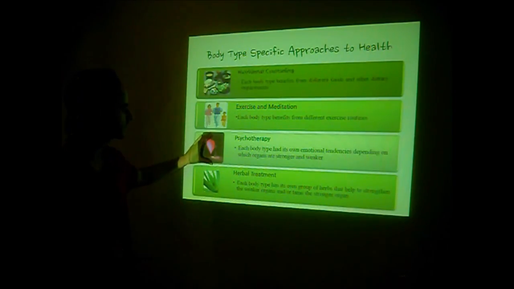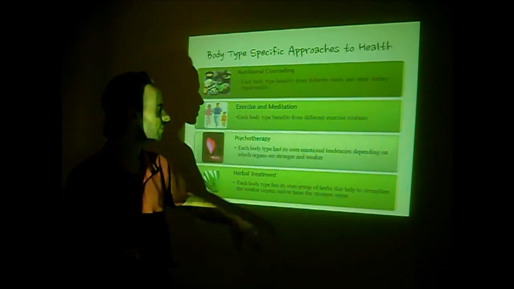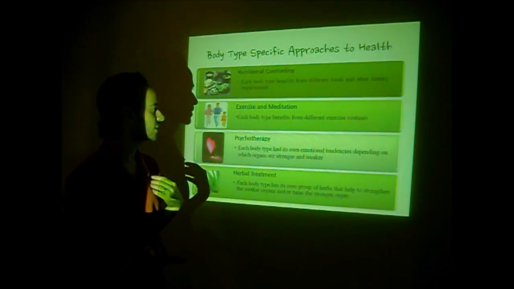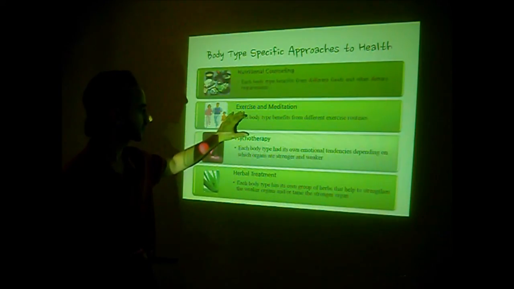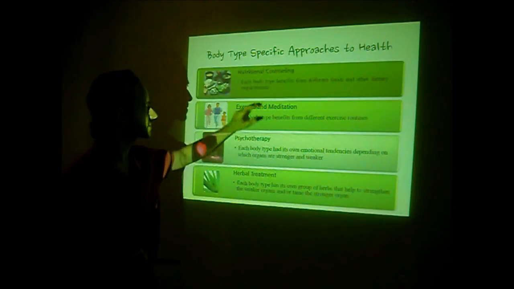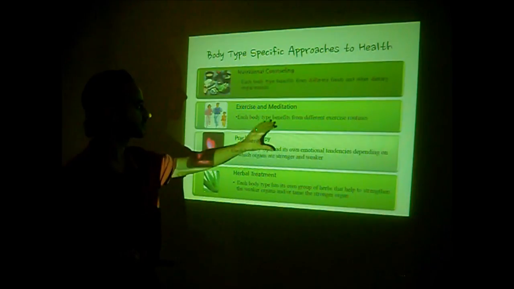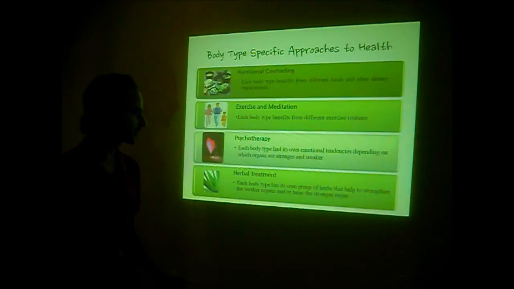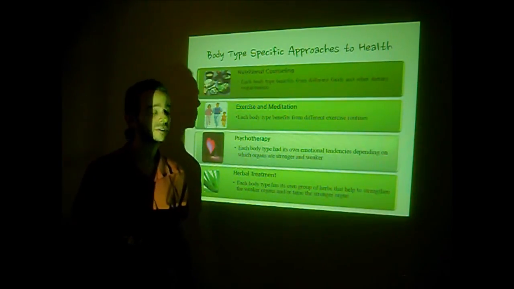In Sasang medicine, this is the heart of healing. In other words, the more we look into what our emotional tendencies are and balance them, the more our physiological needs are met. So this leaks into this leaks into this. We choose better foods when we are emotionally balanced. We choose better exercise. And then finally, the herbal treatment,